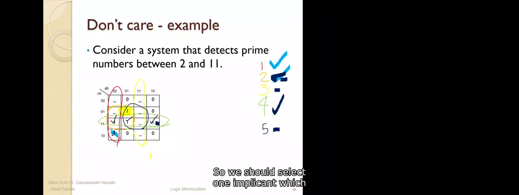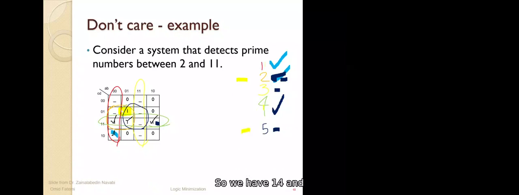So we should select one implicant which covers it. Two implicants cover that, both of them are a group of 4, so they are similar. If there was an implicant with a group of 8 ones, and one with a group of 4, we would select the one that has more ones because it is a simpler term. But here, both of them are 4, so we select one of them. It would be either number 2 or number 5.